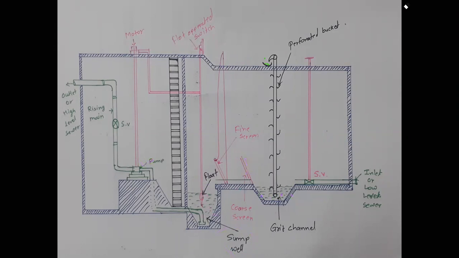Now, if the discharge is constant, there is no need to keep running the pump continuously. Whenever there is a quantity, it will automatically switch on. Whenever there is no quantity, it will automatically switch off. It is operating that motor, switching it off and on with the level of sewage. Then there is a